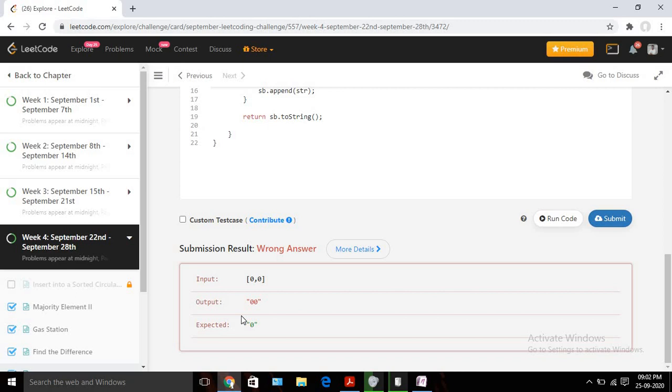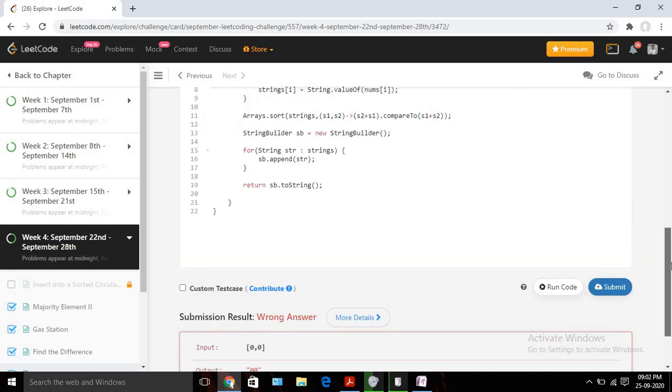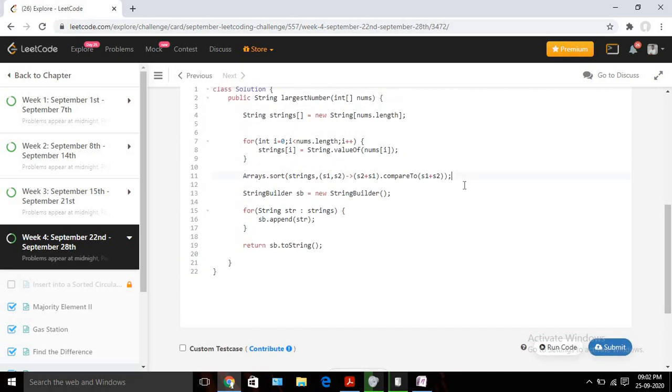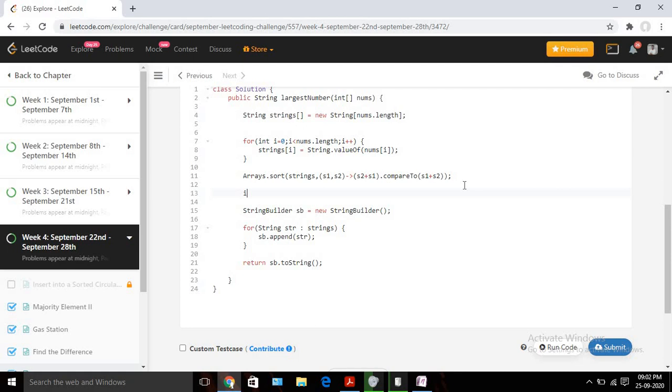So we need to handle this kind of scenario also. In some scenarios, our test cases can contain all 0 values. In that case we need to return obviously a single 0 instead of multiple 0s. So let's add some logic for this kind of edge case. I will check strings: I will pick the first element using index 0 and check the char at the first position.